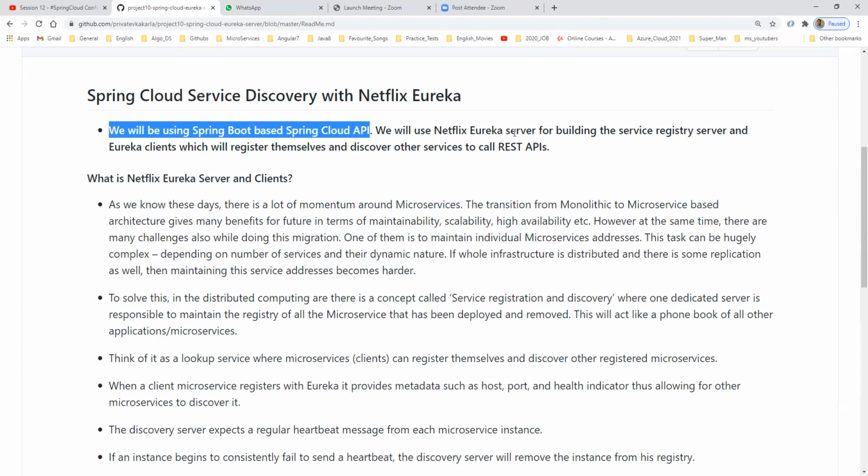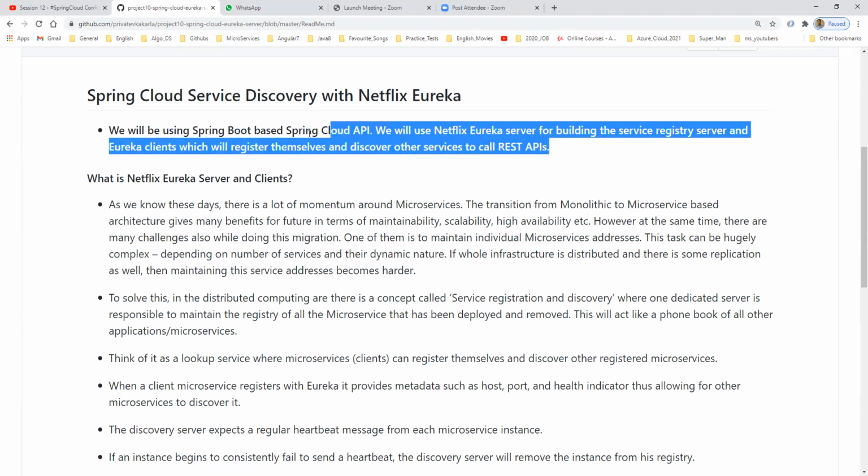We are using Netflix components for building the service registry server and Eureka clients, which will register themselves and discover other services to call REST APIs.